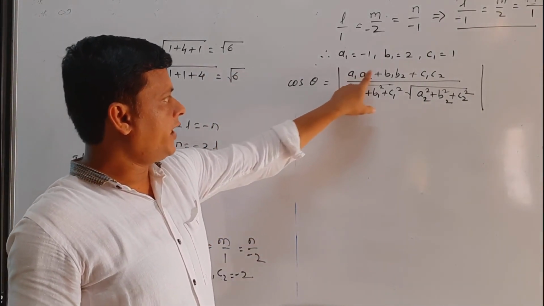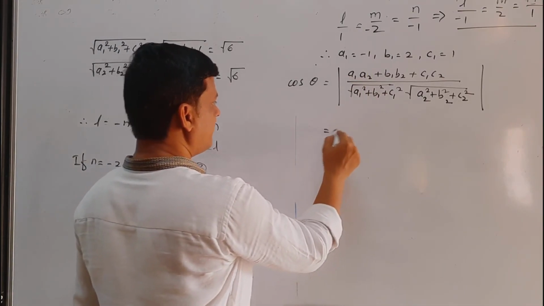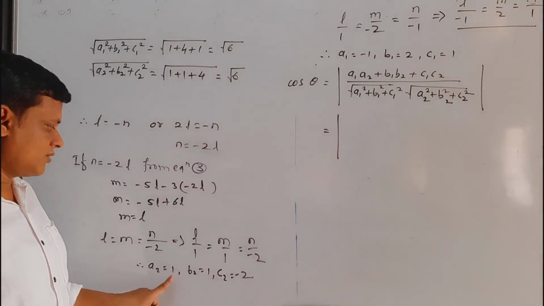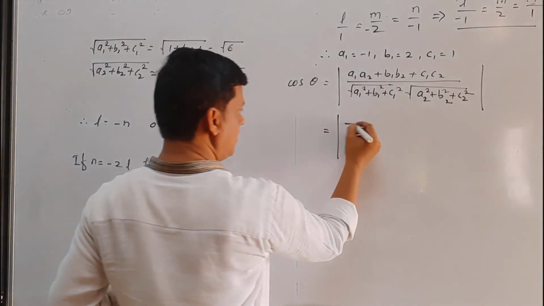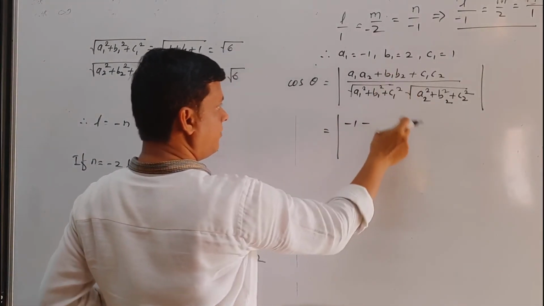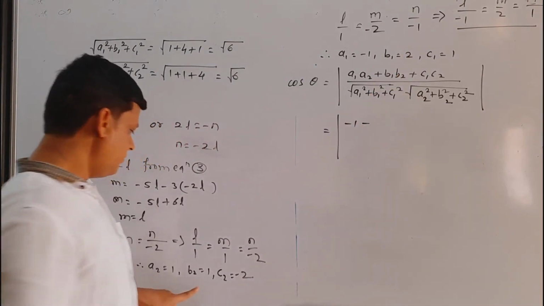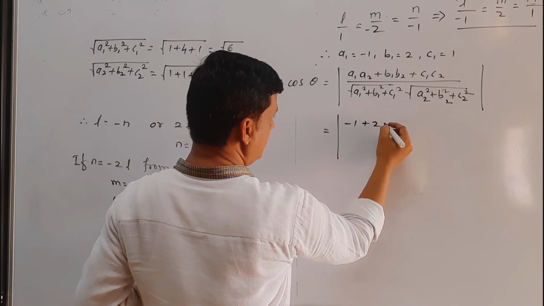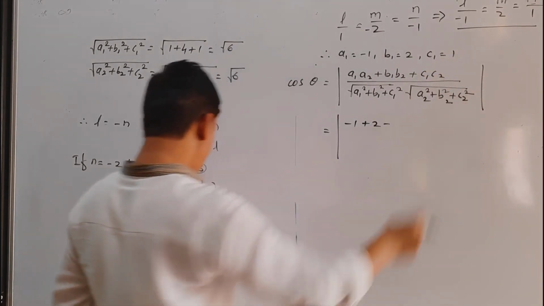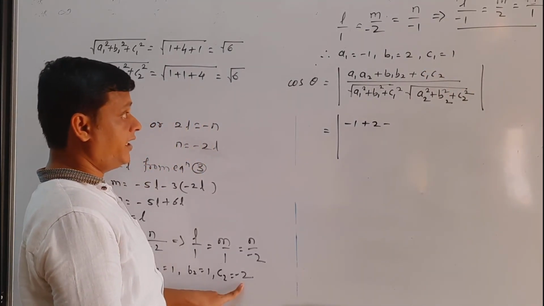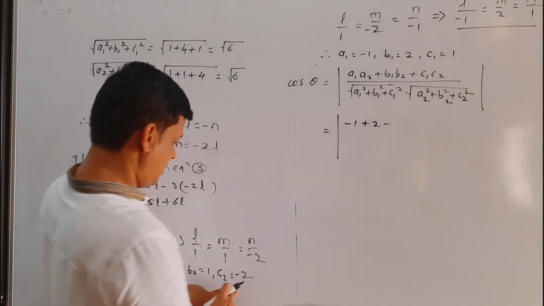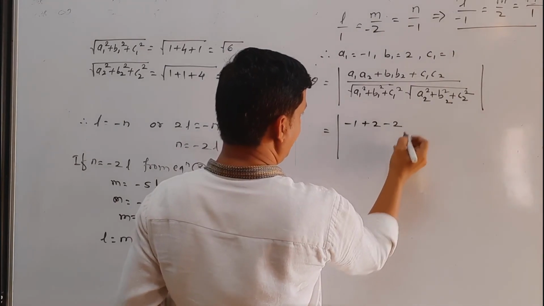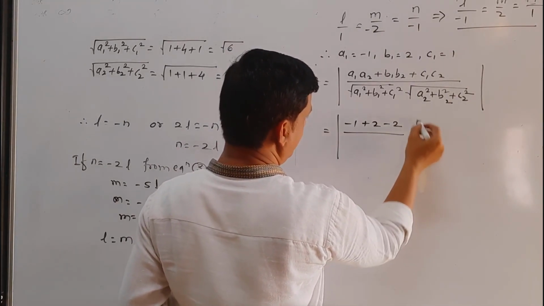Now A1 A2 we find directly here. A1 is minus 1, A2 is 1. Minus 1 into 1, we get minus 1. Then B1 B2. B1 is 2, B2 is 1. So 2 into 1, we get 2. So we write here plus 2. Then C1 is 1, C2 is minus 2. So we write here plus, C2 is minus 2, C1 is 1. So 1 into minus 2, we write minus 2 upon